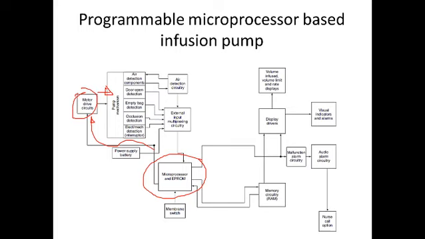So what is the purpose of this pump? The pump will perform different things like air detection, door open detection, empty bag detection, occlusion detection, electrical or mechanical detection. All these things are done there, and external input detection as well. Along with that it is going to perform the different pumping actions. All this detection is performed on the pump mechanism, and here you are going to control the drop rate of the fluid.